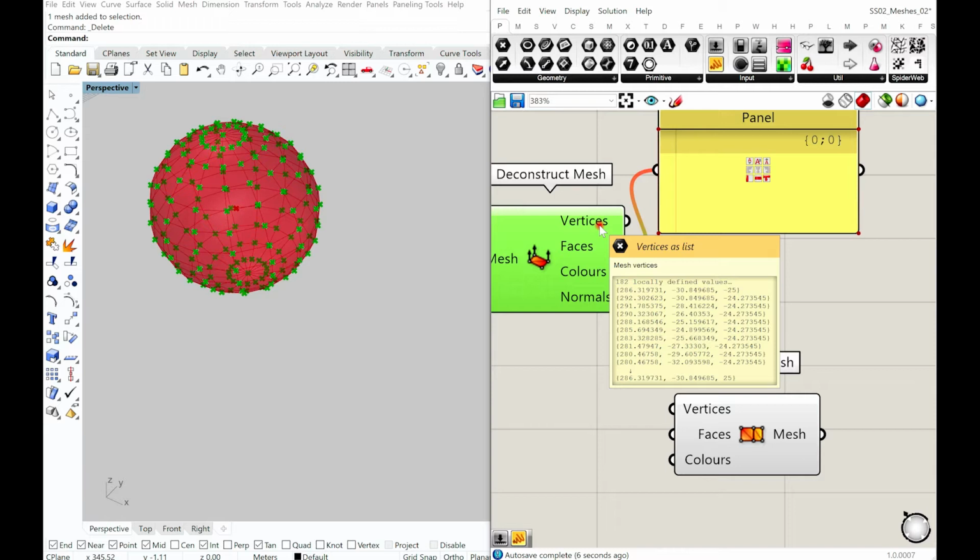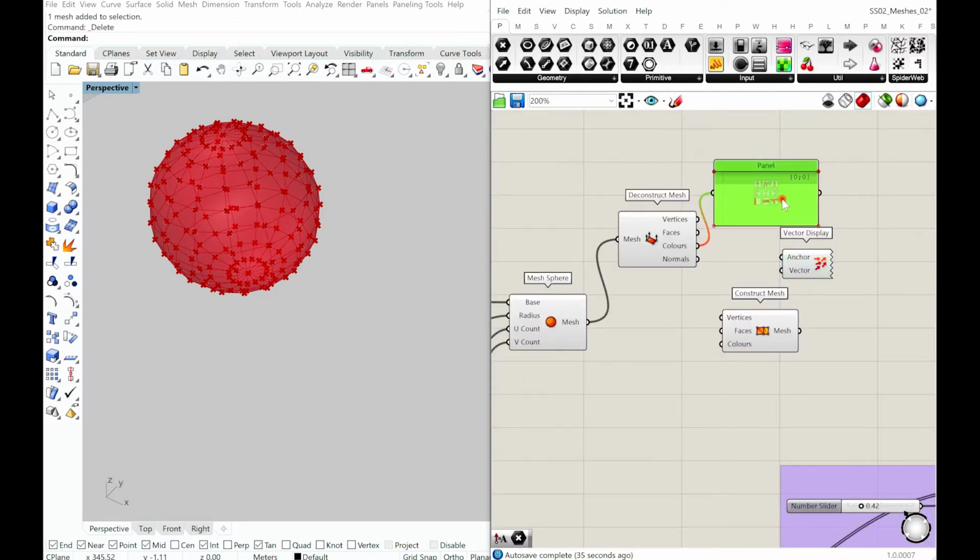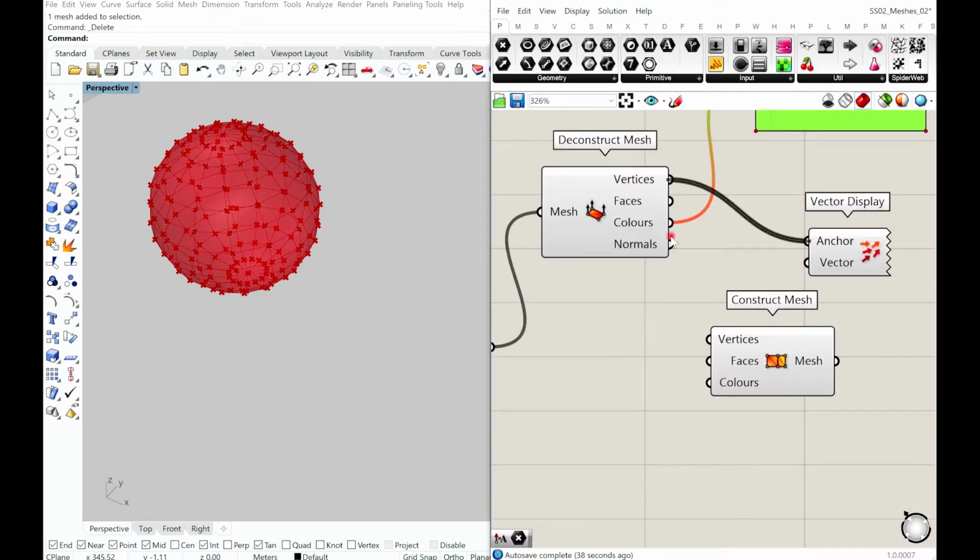Normals for a mesh are on your vertices, as opposed to what you have in a surface. On a surface you have a normal on the face, but a mesh is actually made out of only points, and the rest is only faces or fillers between them. So all the normals that you have are actually on the vertices. If I want to visualize a normal, I can use a vector display at my vertices.